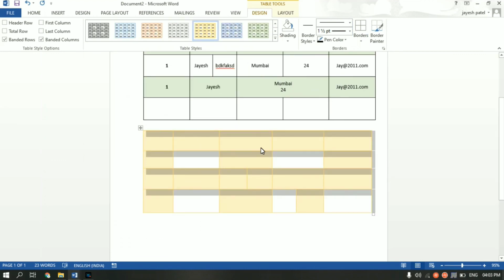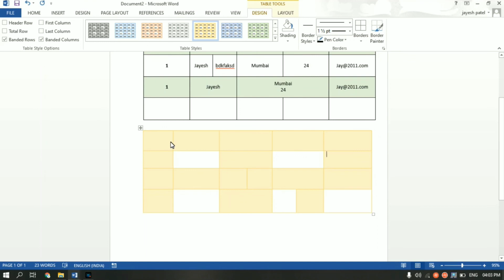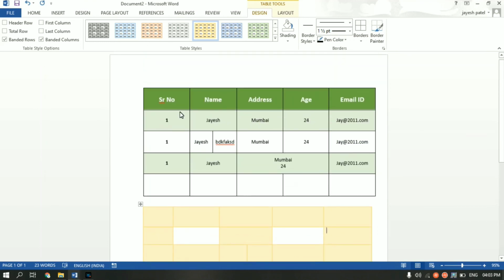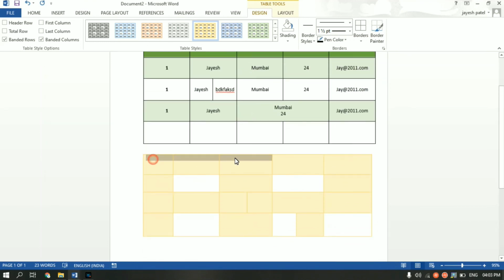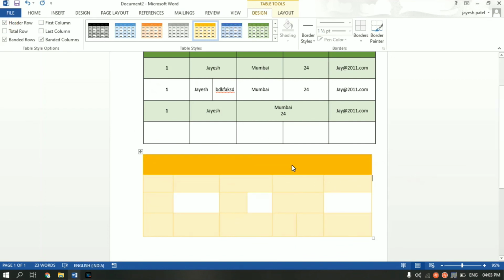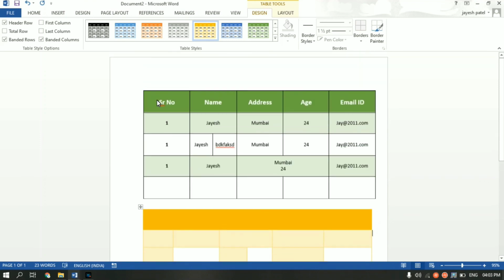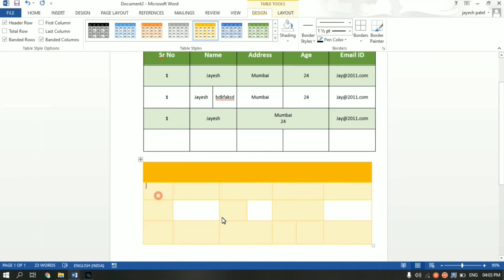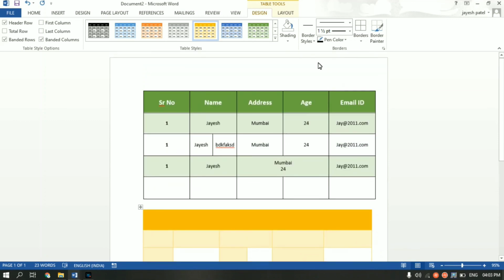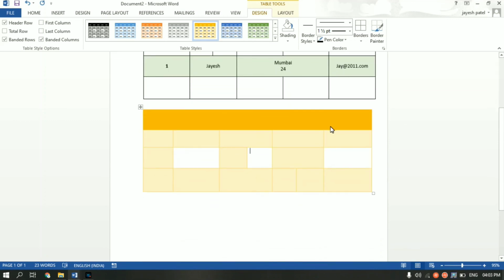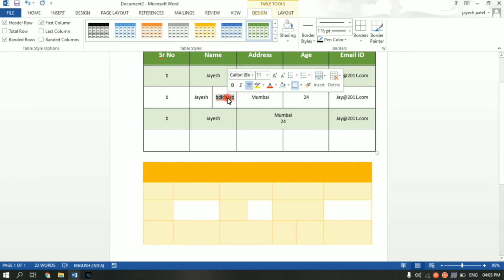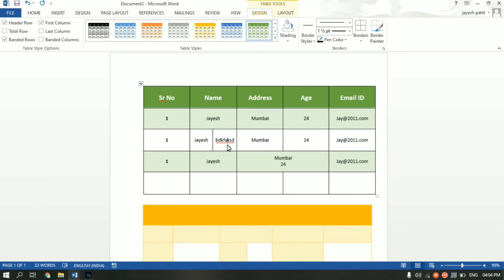Now if you want to make this first row a header, just like we did over here, you can do that too. Just select all the cells in the first row and click on the header row, and there it is. Now this has become a header. The same way we added text over here, you can add text in all these sections. The same way we added border to this table, you can add border to this table as well. Obviously, other than these, there are many other functions available in the table section. But even if you know only this much, you can draw pretty much every type of table.